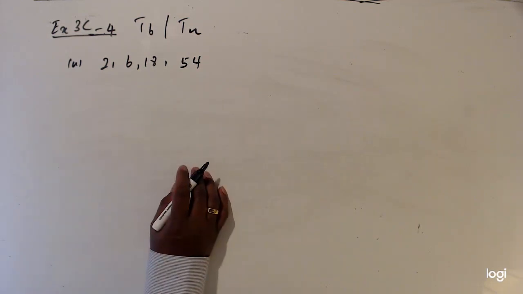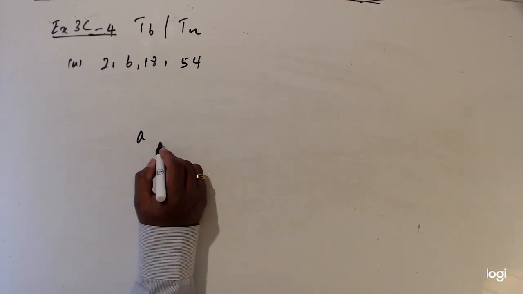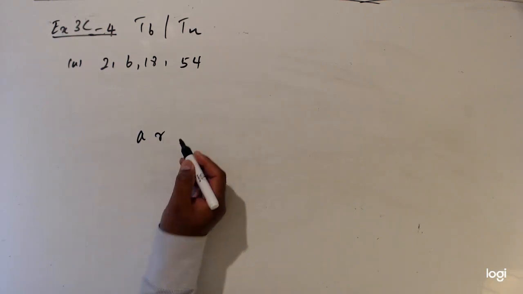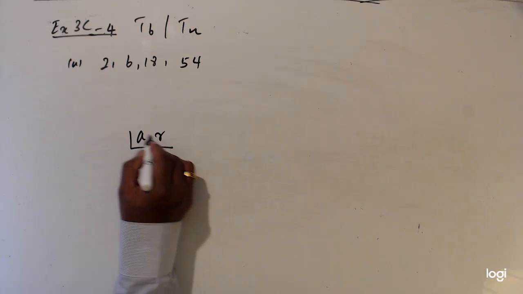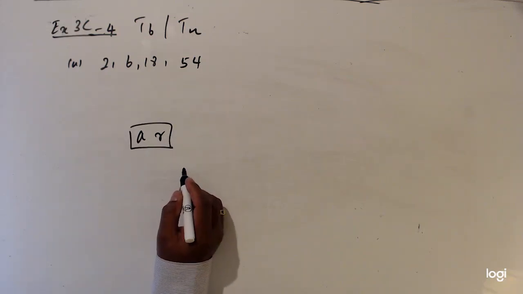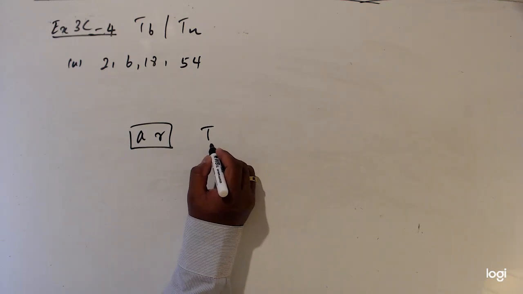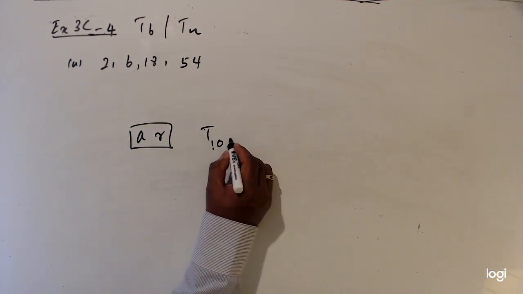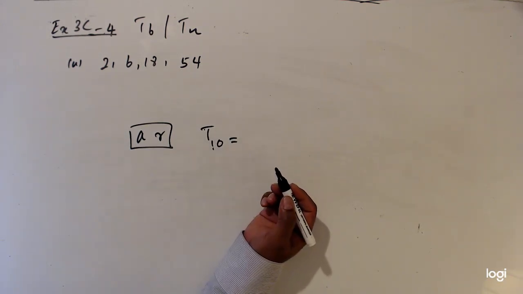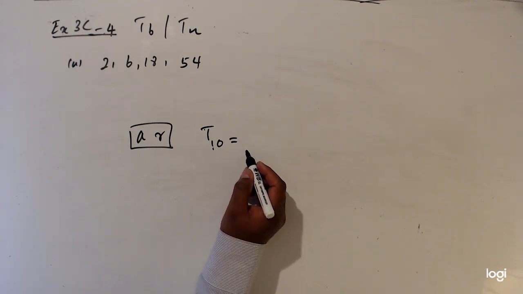We discussed already that if we know the first term and the common ratio r, we can write any term. For example, if I want to write the 10th term, we have to multiply